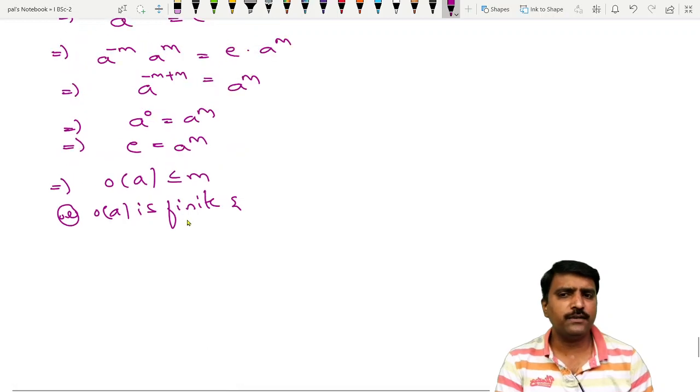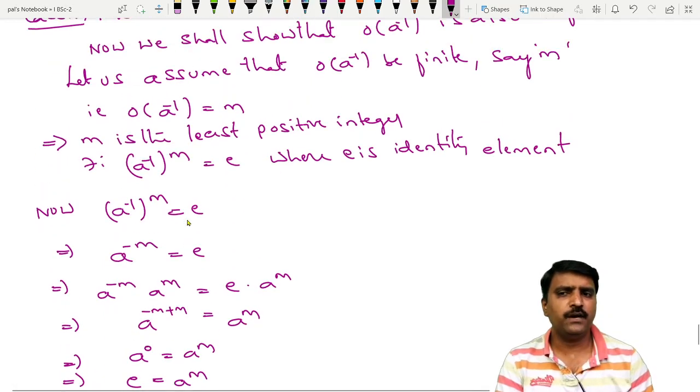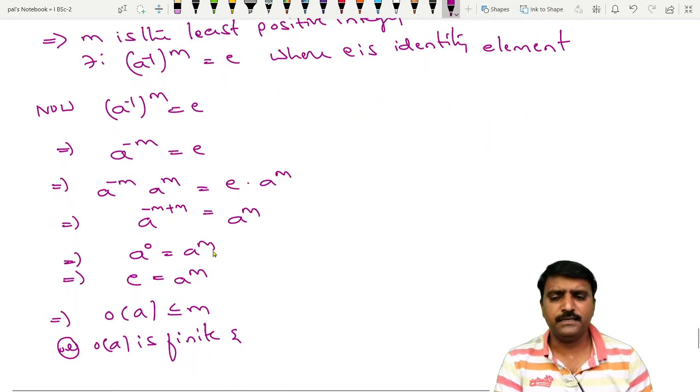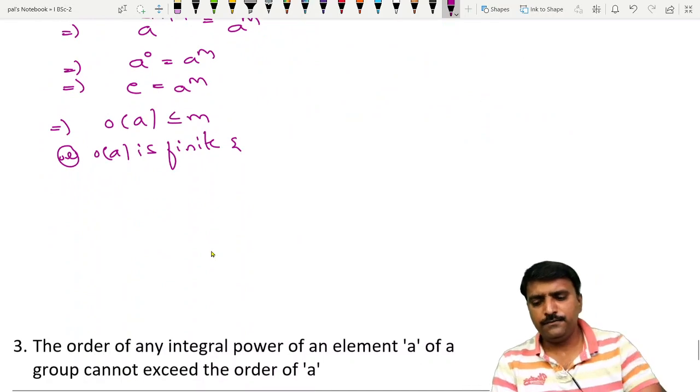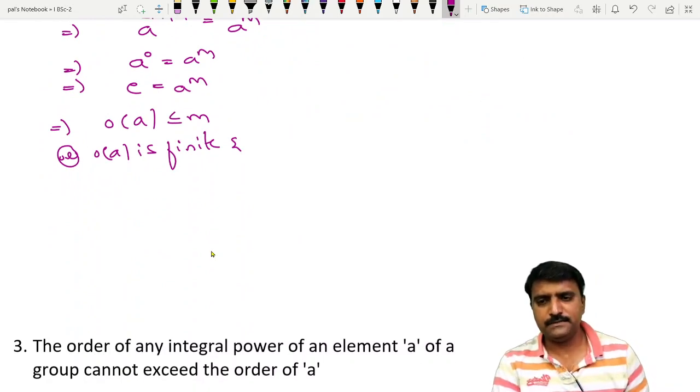So why do we get this wrong result? Because of our assumption. What assumption did we take here? We assumed that order of A inverse is finite. So that is wrong. The order of A inverse is finite is wrong, so that is our assumption. If our assumption is wrong, which is the correct statement? Order of A inverse is infinite is the correct statement. So order of A is finite, and this contradicts that